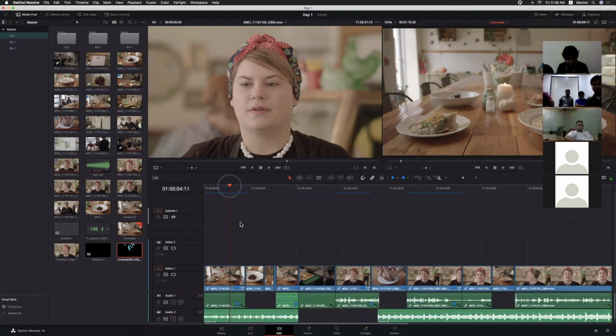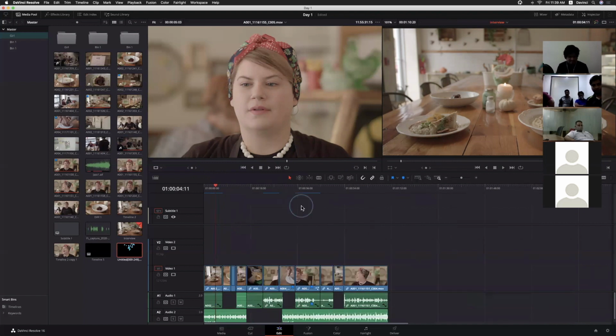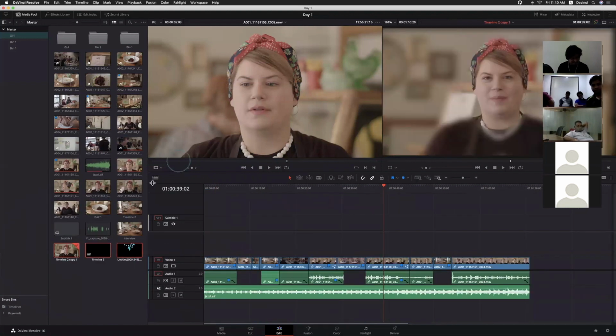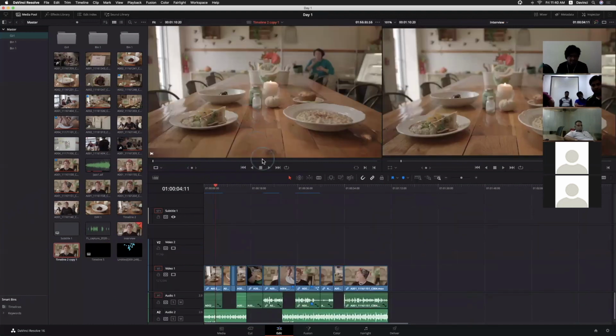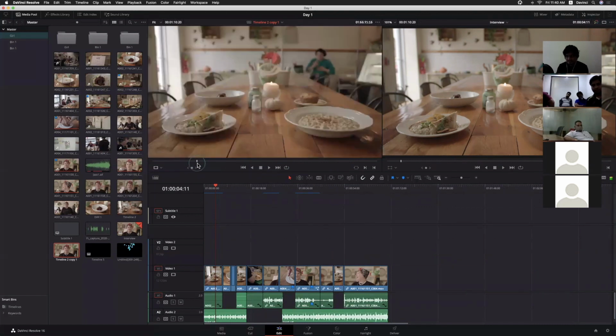Okay, let me explain one more thing before exporting. If you want to merge multiple timelines, you created 3 to 4 sequences individually. You want to merge all the 4 sequences into a single timeline. Same like in FCP7, you can add those timelines. Like you can load that particular timeline. This is my second timeline. Double click. Let's say this is the interview. Just drag it to the viewer. We can see the timeline content within the viewer, right?